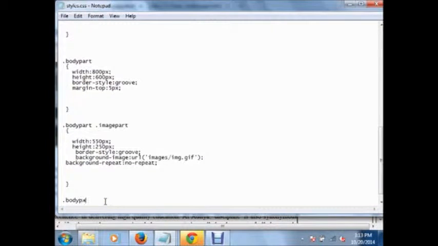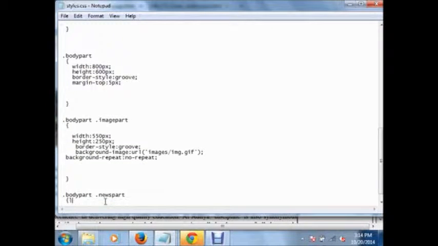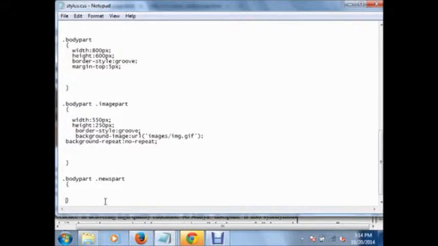Dot body part. Dot news part. So width is, I'm using some 220, and height I am using the complete height of the body part, that is 600 pixels. So I want to use some 580 pixels for this,